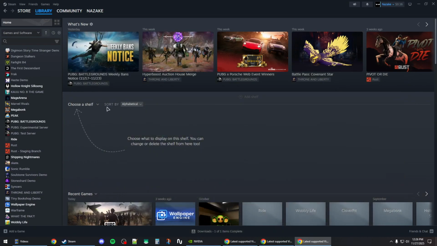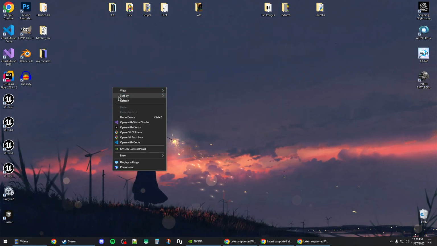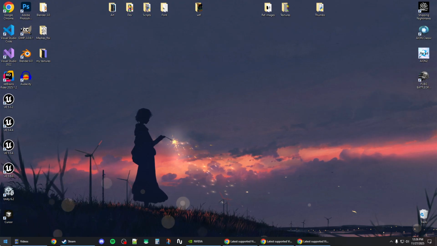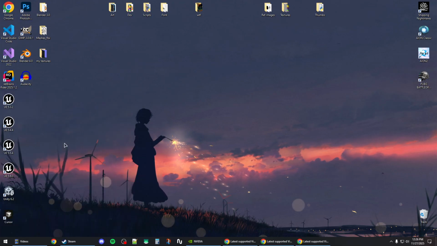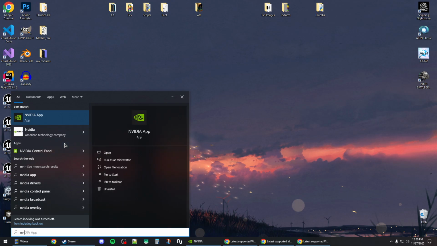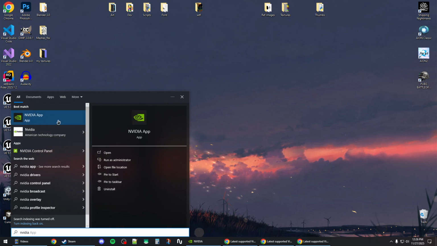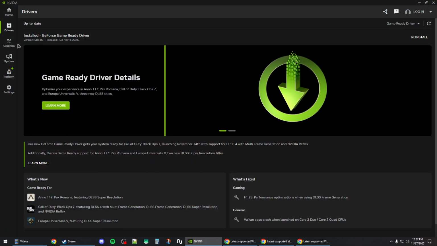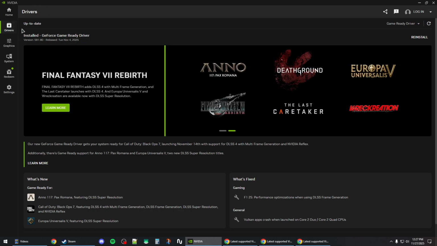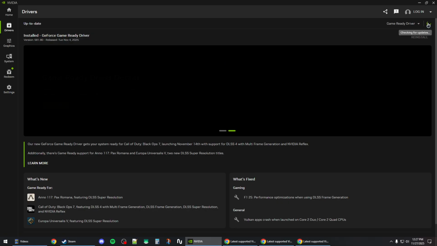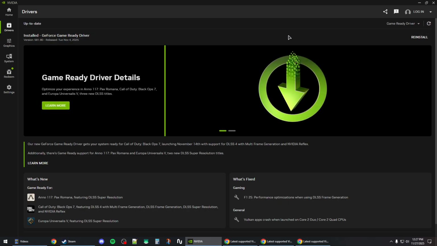And once you finish installing them, you will need to update your graphics card driver or GPU driver. So if you have NVIDIA GPU, you will need to download and install NVIDIA app and then go to the drivers category or tab, and from here select Game Ready driver, check and download the latest available driver and install